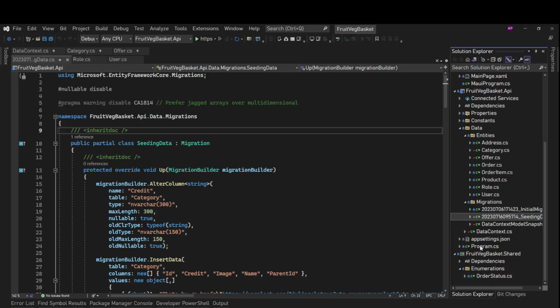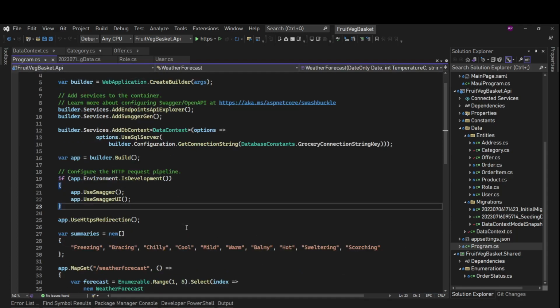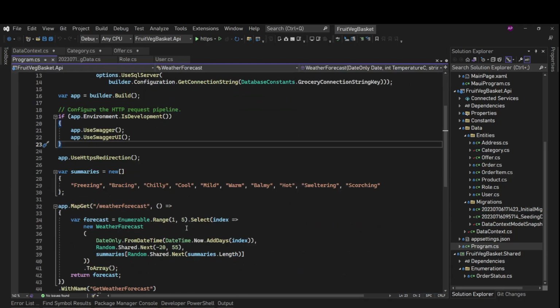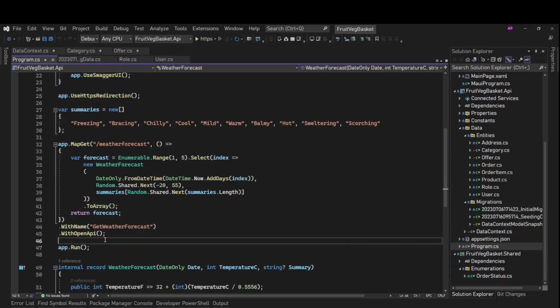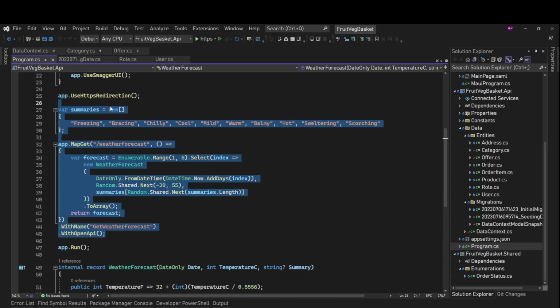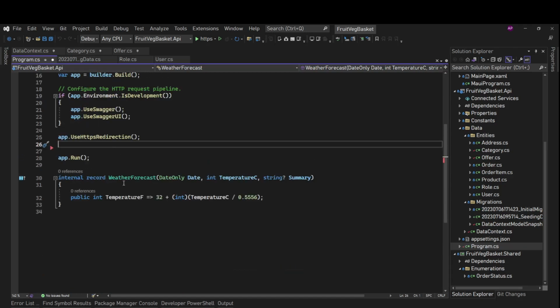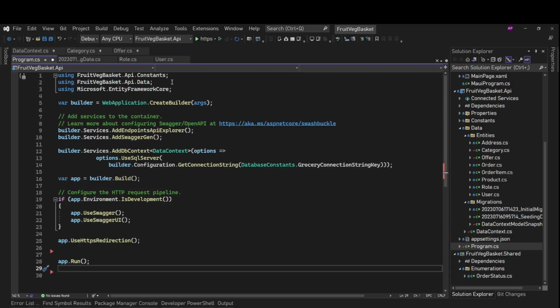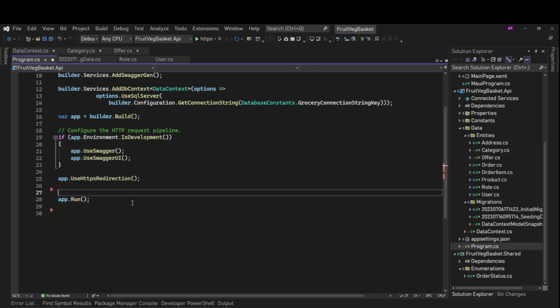Now let's go to the API's Program.cs. We'll add our endpoints. We have this default template with the weather forecast, so we don't need this. Let's remove this weather forecast, and remove this record as well, and now it is cleaned up.